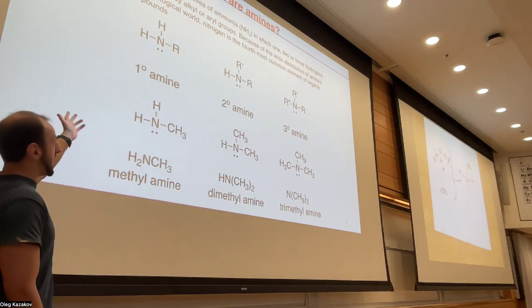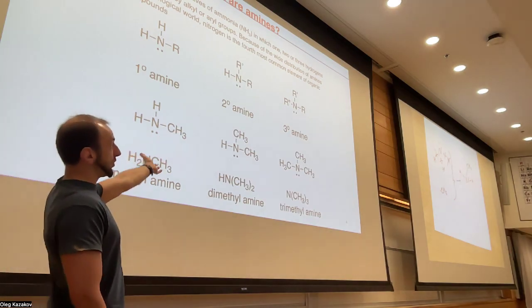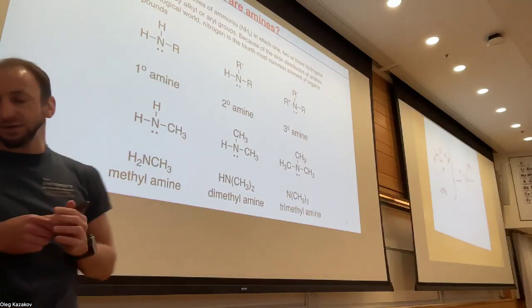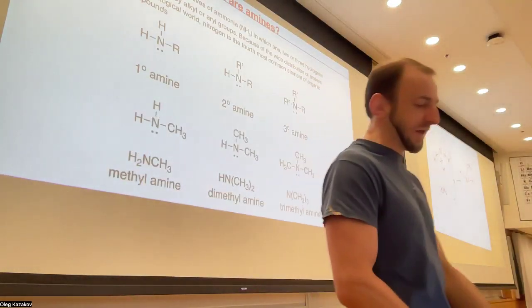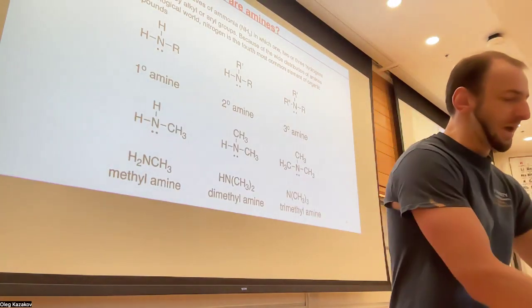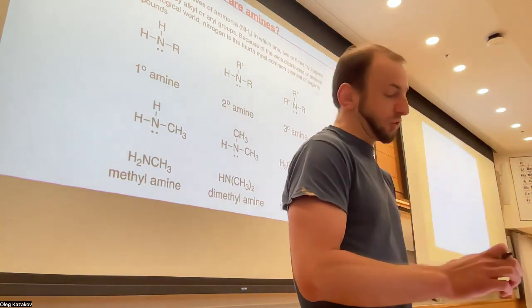You remove H's consequently, and then you switch them to some sort of alkyl chains, right? Here we have pretty simple ones, such as methyls. But of course, as we can imagine, we can have something more complicated quite easily. Here's an example of more complicated amines right away, and it shouldn't be a big deal.